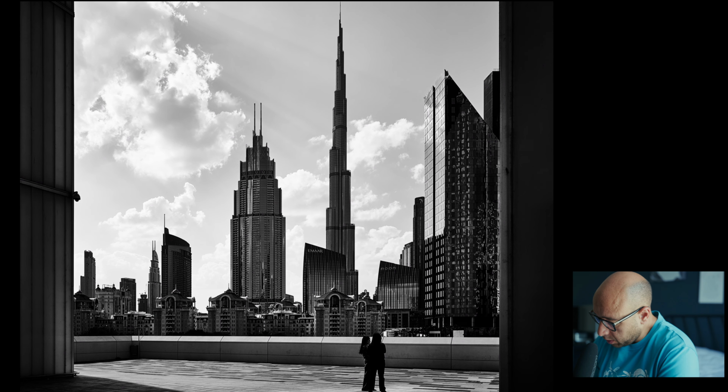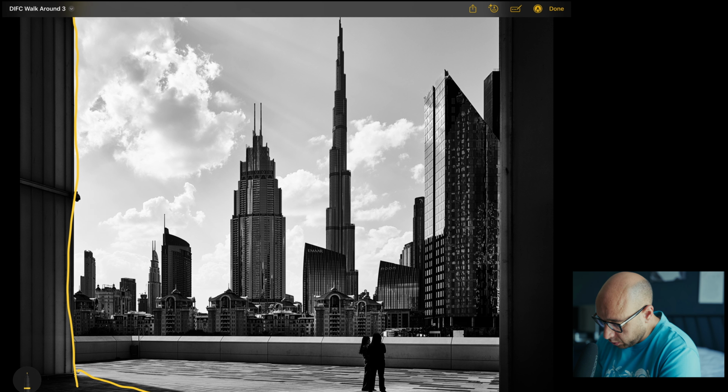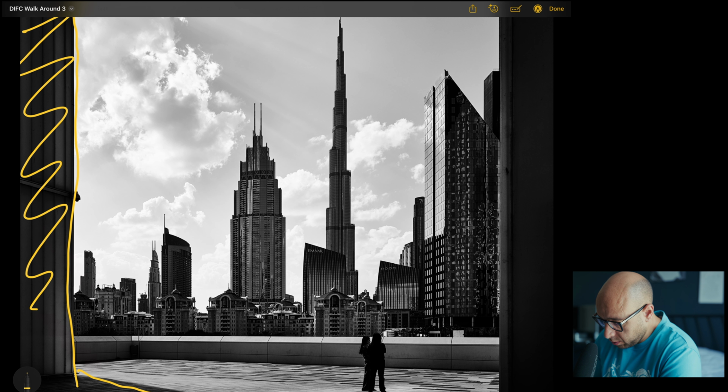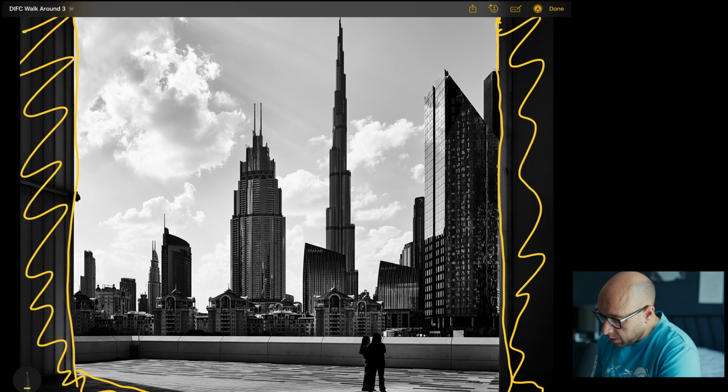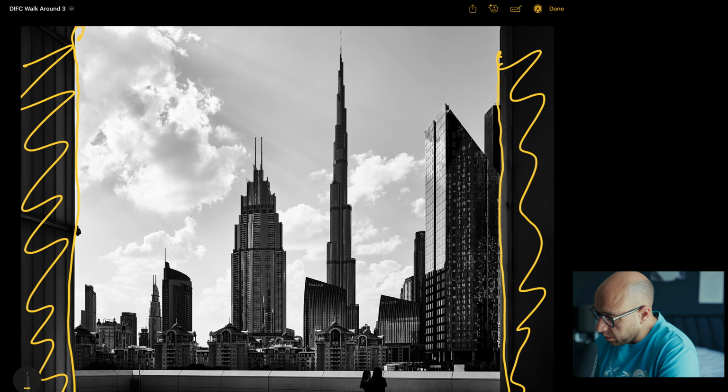So, the infamous Burj. The main attraction of this shot. Okay, let's deal with the negative space first. So this area, including this, is all negative space. There is a little bit here to the side as well. Let me just draw it out. This is all negative space,